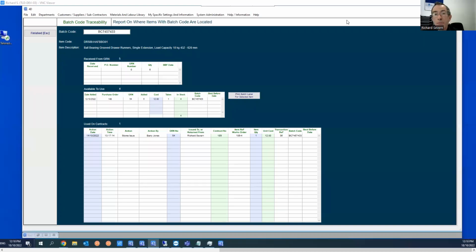Goods received, recording batch numbers against goods received. This video will show you how to record batch numbers against stock or contract items received on a goods received note. Although it may seem rather overkill recording batch numbers for items, it will help immensely with traceability for BIM